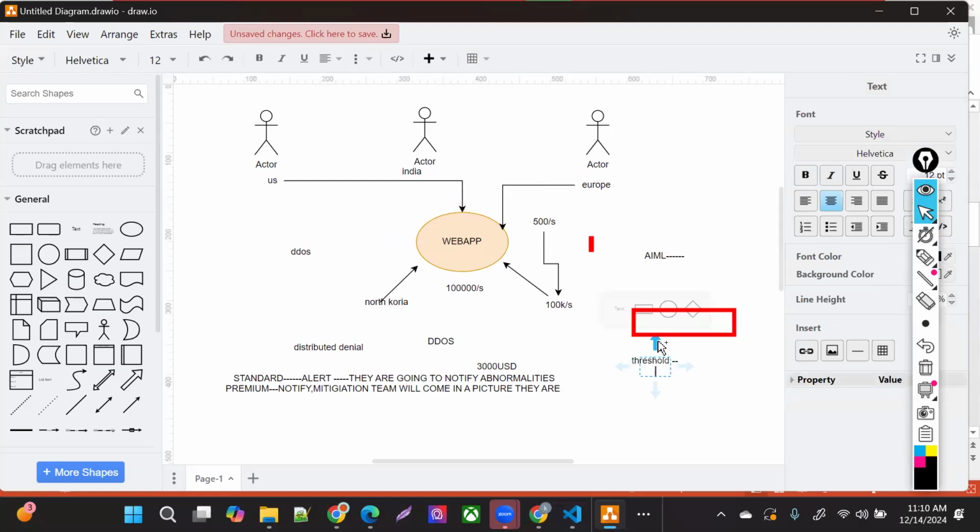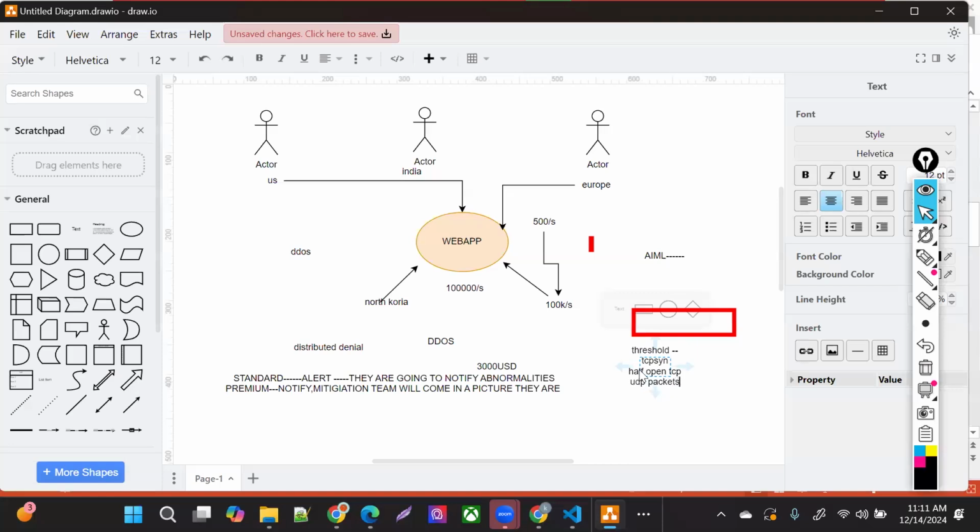They have different thresholds, like TCP SYN flag, TCP SYN threshold, right? Half open TCP SYN flag, half open TCP, and then UDP flag, UDP packets, right?